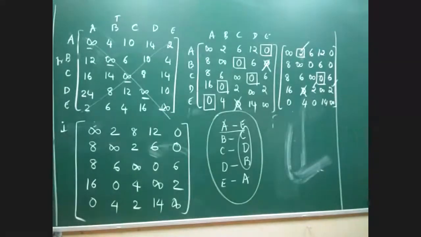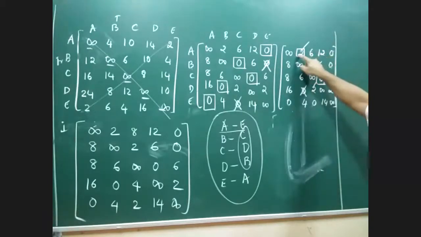There are no single zeros, so we'll take 2 zeros. Let's take this. If we take these 2 zeros, now I have to take a call. Should I take this zero or this zero? Same procedure, continue. If we take this 0, a single zero gets blocked here. There is still one more zero left, so no problem. If we take this 0, a single zero gets cancelled here.